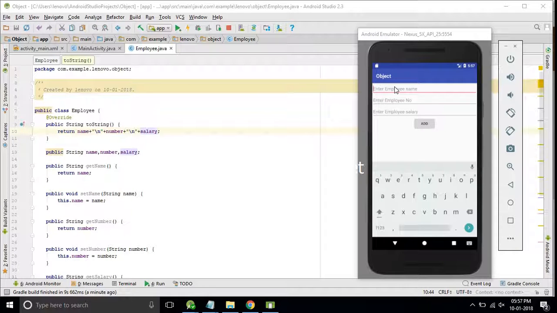Okay, this is the design right now. We'll add the employee name,